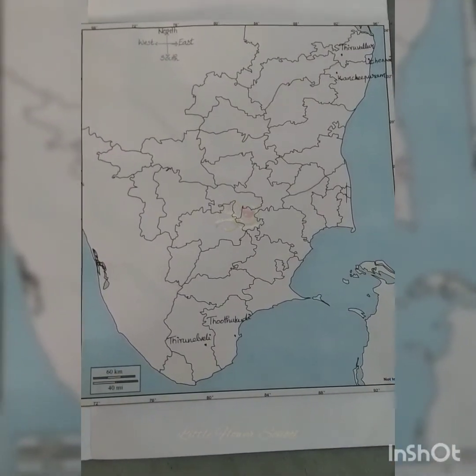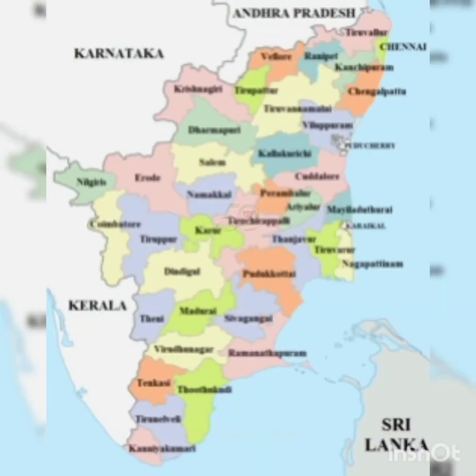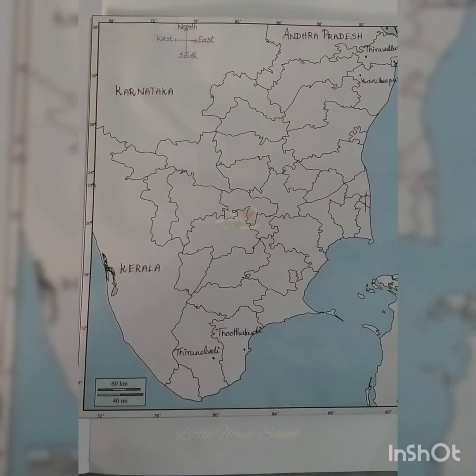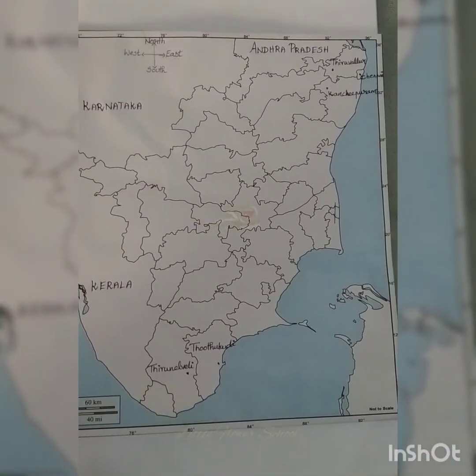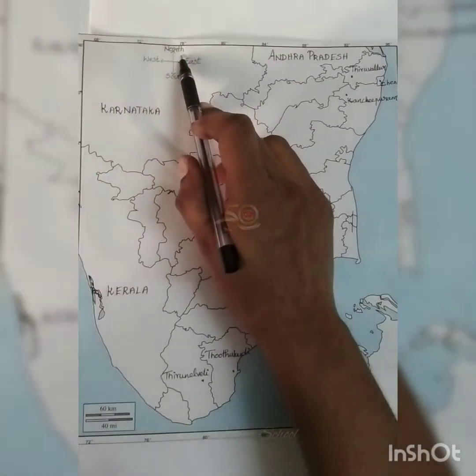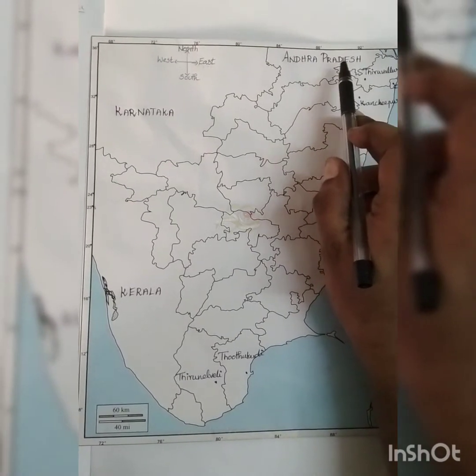Next we are going to mark the neighboring states of Tamil Nadu. I have given Kerala, Karnataka and Andhra Pradesh. Andhra Pradesh on the north. Karnataka on the northwest. Kerala on the west side. So shall we mark, students? I already marked the neighboring states. The first we are going to mark is Andhra Pradesh. Andhra Pradesh on the north. See here the direction north. Mark it, children. Andhra Pradesh on the north and